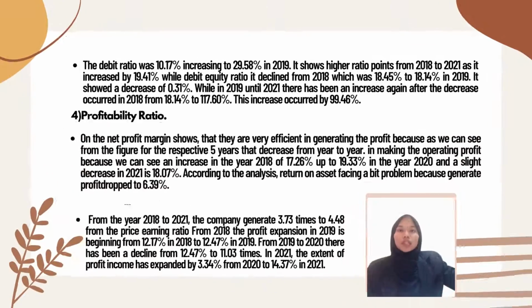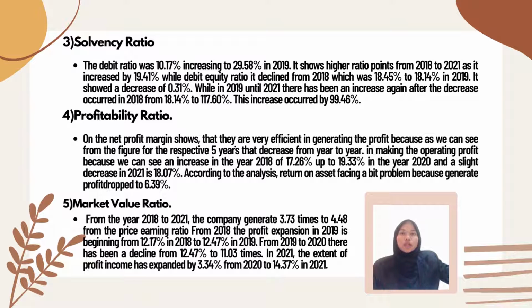Third, I will explain the solvency ratio. The debt ratio was 10.70%, increased to 29.78% in 2019. It shows a higher ratio from 2018 to 2021, an increase of 19.41%, while the debt equity ratio declined from 18.45% in 2018 to